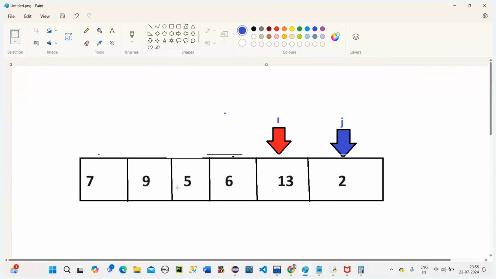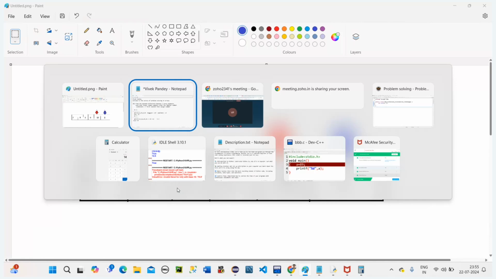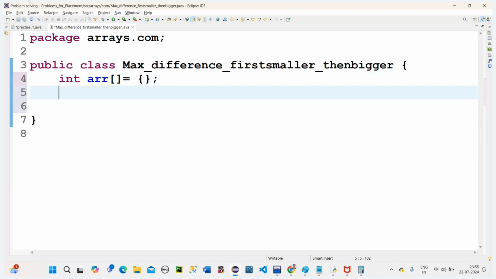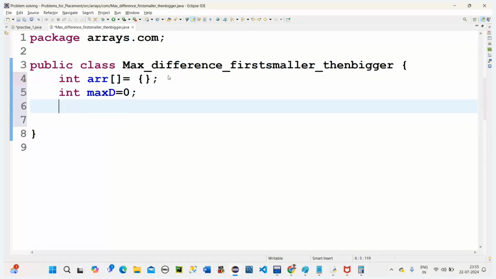Now let's write the code for this. How can we write the code here? Let's see. So I have already taken this here. Now what I will do is take an int maxDifference. Max difference is equal to 0. Fine. Now the array I have taken. For loop, int i is equal to 0, i is less than arr